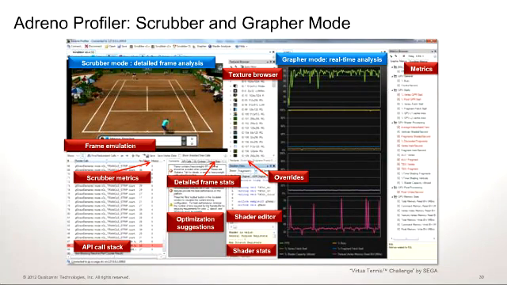In scrubber mode, you can get a detailed call stack of applications, as you can see in the bottom left side of the screen. And you can walk through all these calls, and the tool actually will redraw the scene for you in the emulation environment as shown in the top left. You can also look at all the textures and shader data that was captured for that particular frame, walk through all these textures, look at all the different MIP levels, as well as even edit shaders on the fly and send those back to the device in real time to see